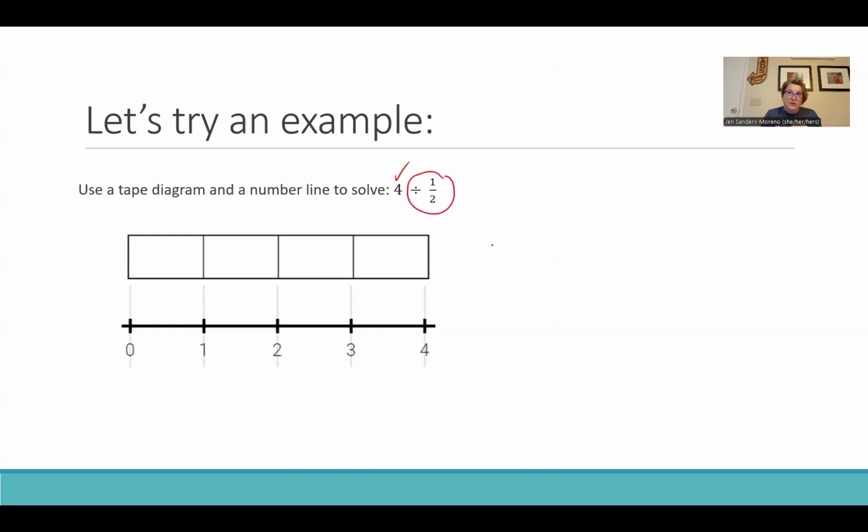So I'm asking my students, how many halves are in 4 whole things? So how many halves are in four whole things? So if I come up here,